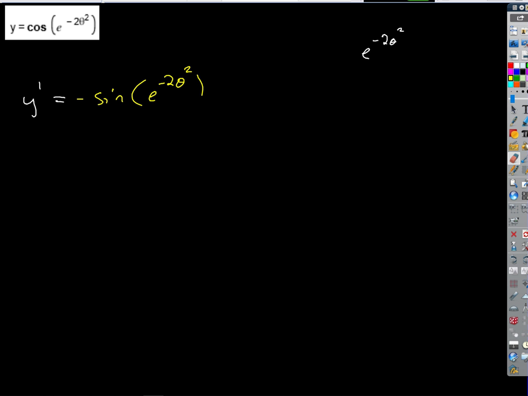Well, it's base e exponential, right? What's the derivative of e to something? Okay, so the next layer is just, times, so the next link in the chain would just be e to the minus 2 theta squared, right? And then if we look inside that layer,